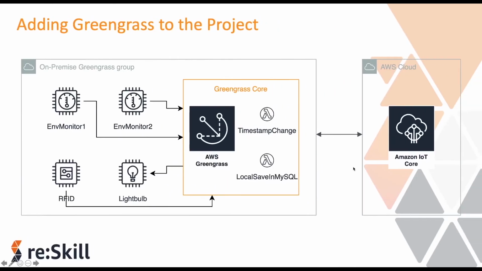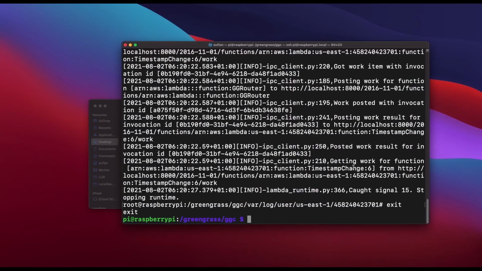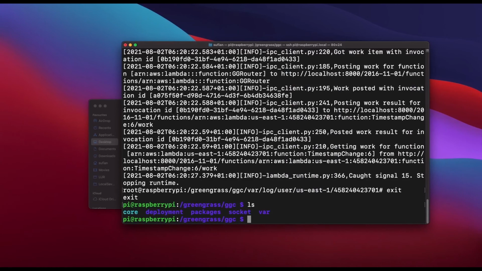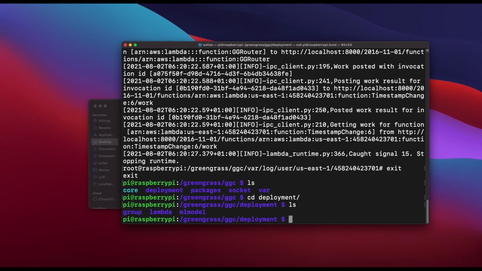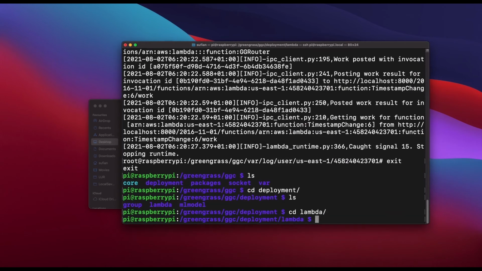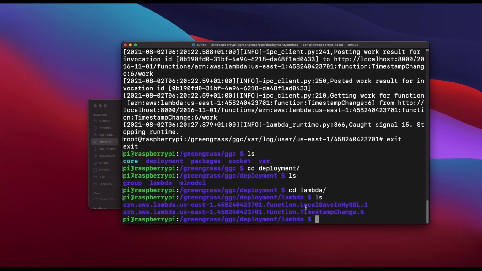So it looks like the lambda is not triggered, but we can also check if the lambda has been deployed. So let's see that. So cd lambda, and then, okay, there is this local save in MySQL. The lambda is already there.